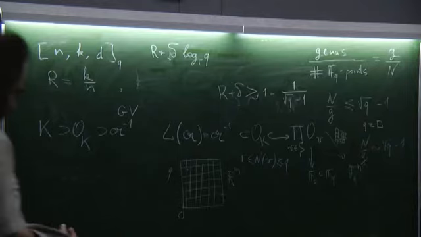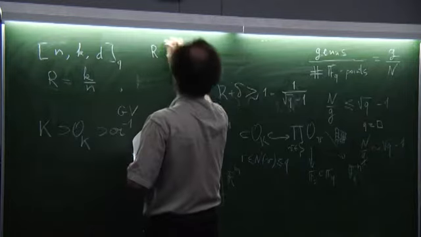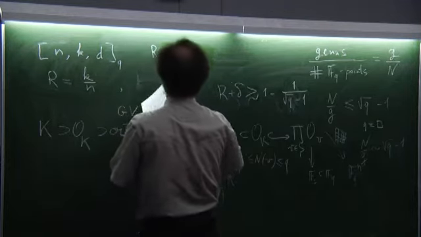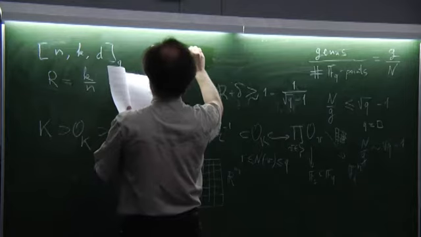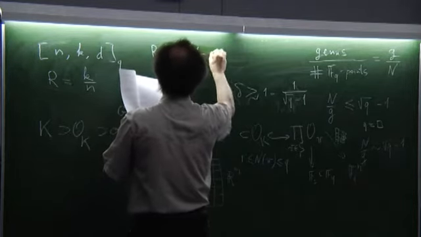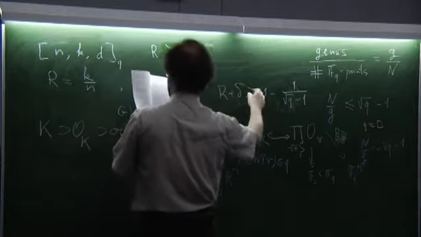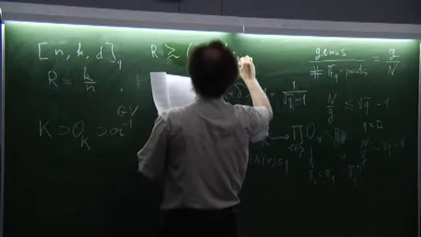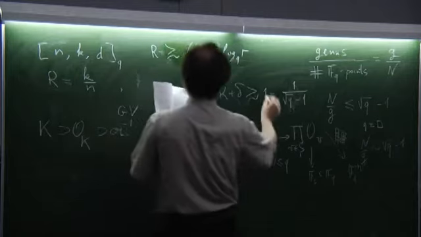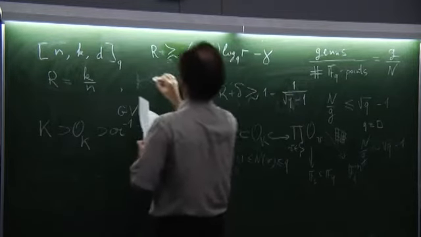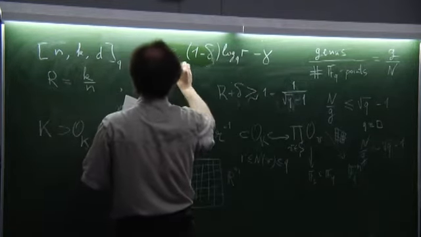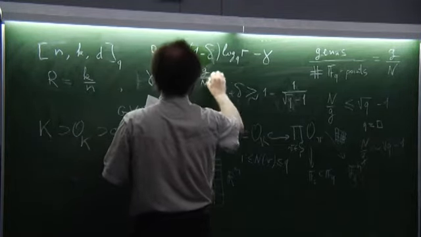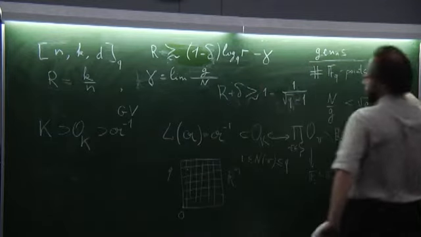Yeah, so here it's written in the following way: R is asymptotically at least 1 minus delta. But this 1 minus delta is multiplied by log base q of r minus gamma, where gamma is the limit of g over N of this quantity,